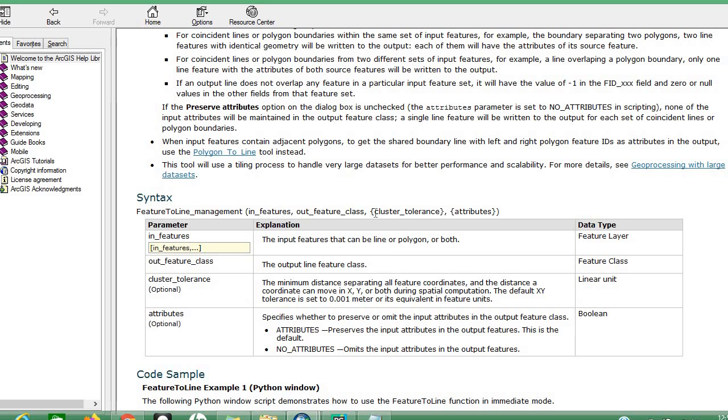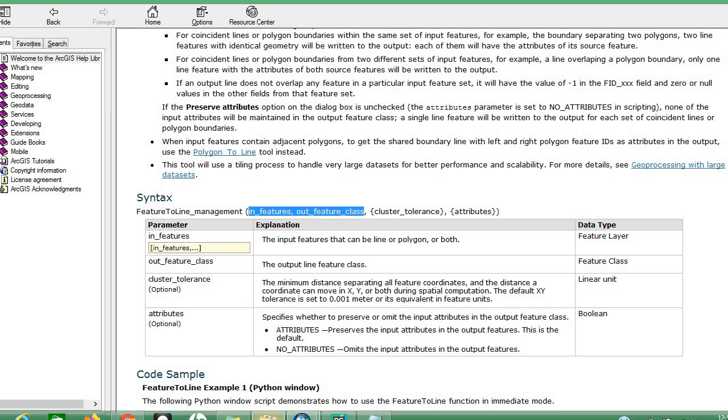What are the things which are specified within the square brackets? They are the optional fields. In today's program we are not going to use these optional fields. Here, if you see in_feature and out_feature, they are not specified in the square brackets, so they are mandatory fields. Anywhere within ArcPy, if you see something within square brackets, it is optional. Either you can use them or you can ignore them.